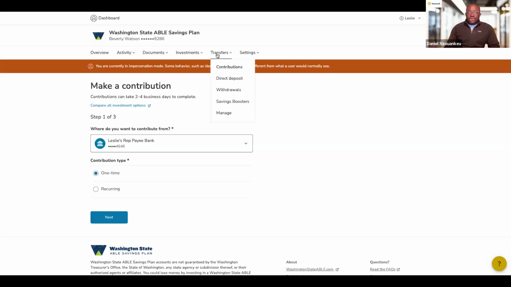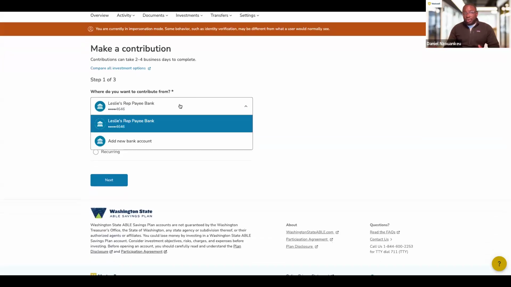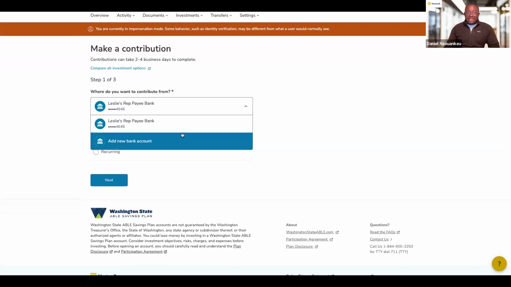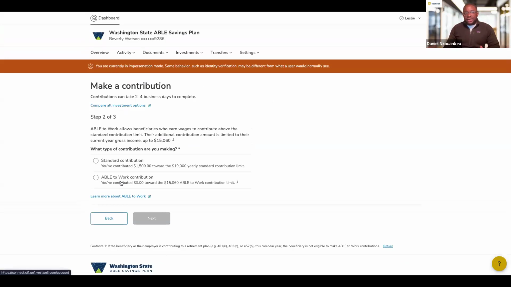But to make a contribution, you go to transfers, contributions. You select the bank account. If I had more than one bank account, I will see that listed here. I also have the option to add a bank account on the screen. I'm going to make it a one-time contribution since I already have a recurring contribution. And as I mentioned,